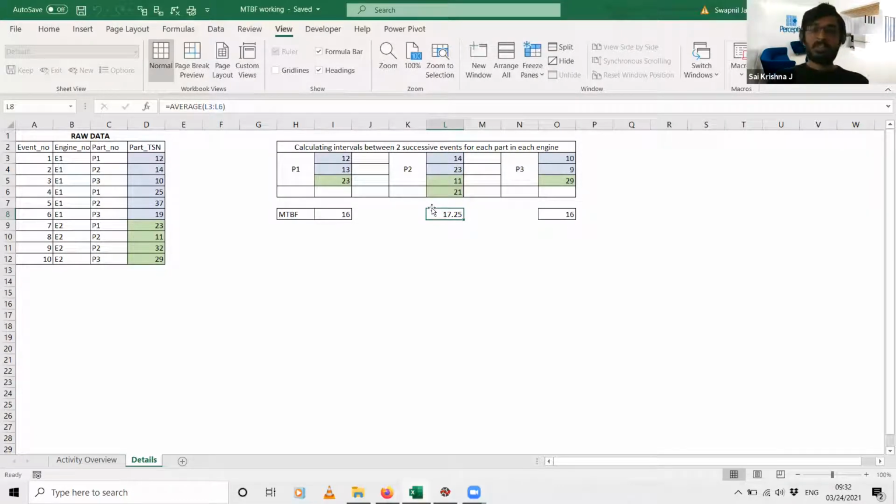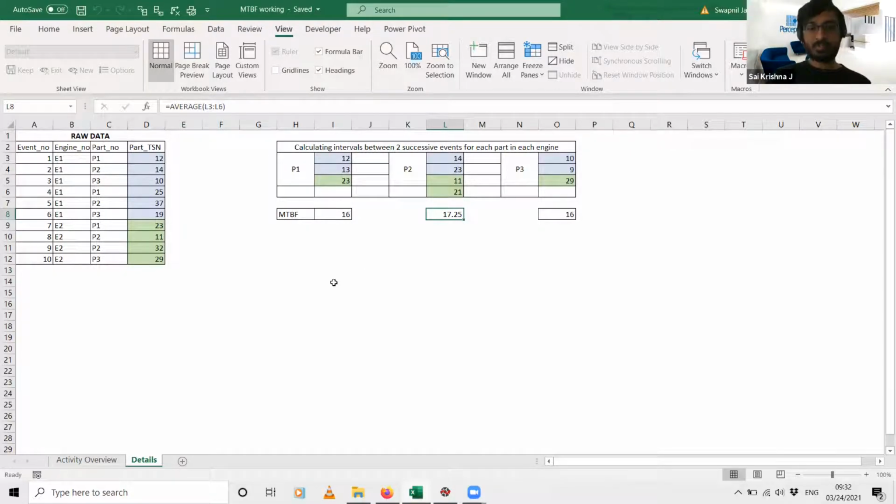So this is what we are going to do in Python. This looks easy because we have just 2 engines and 3 parts, but in reality, for example in the project that I worked on, we had so many engines, some 50 or 100 engines, and each aircraft engine, as you know, has some thousands of parts. That is where we would need to use software like R or Python. So we will be seeing how to do this in Python.